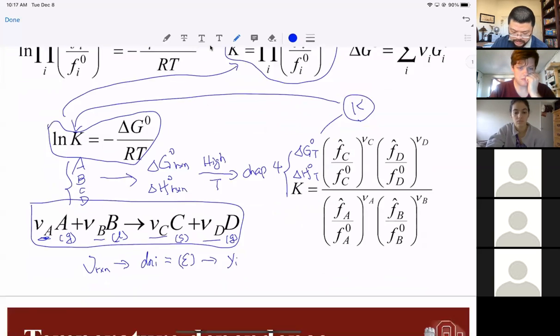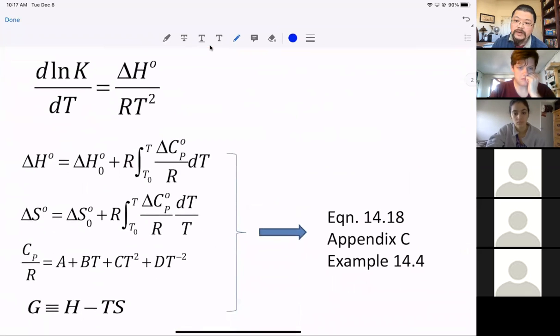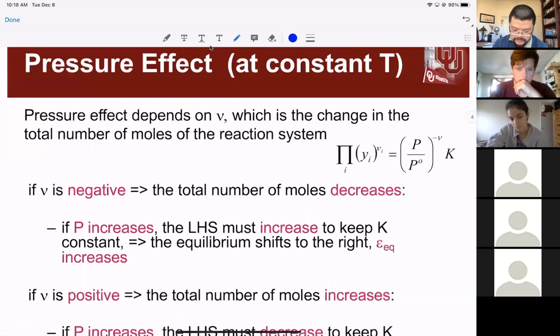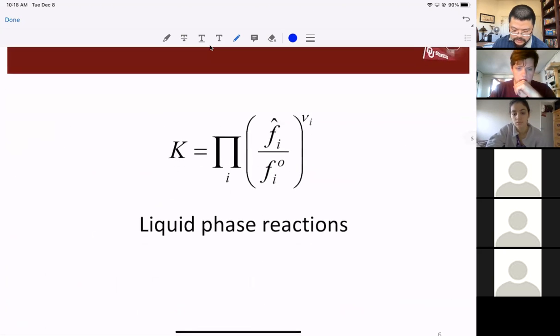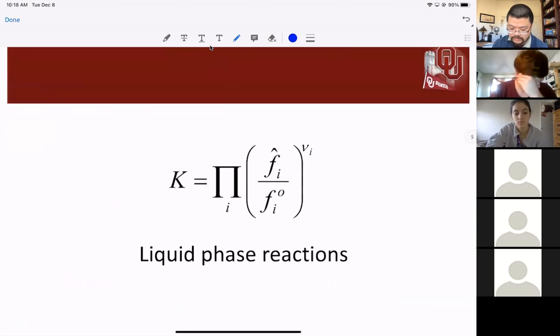So now if we move back, and this is basically again the slides we were talking about last time, revisiting the equations from chapter 4 and how to help us calculate that capital K reaction constant. Okay, and then we were talking about that we are able to simplify for the gas phase. If you recall, we were trying to go from this equation,